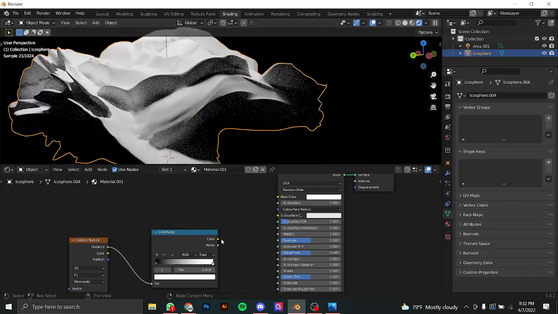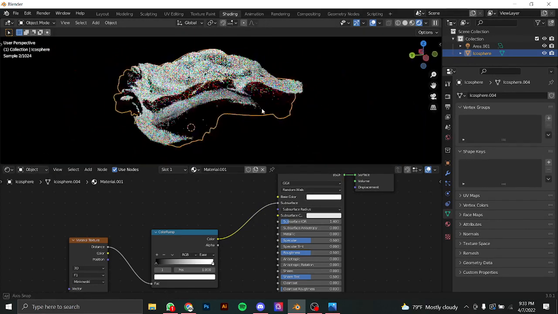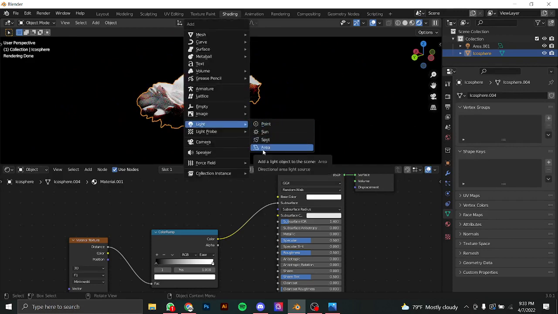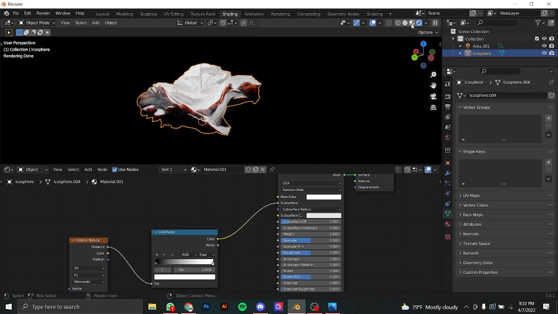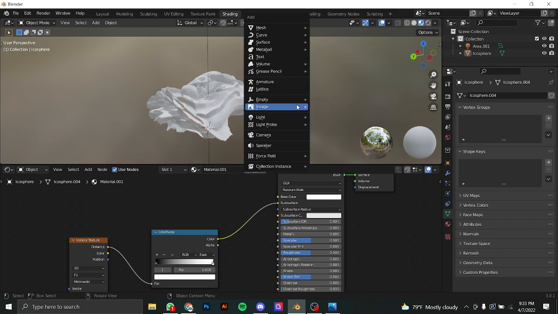Okay, so you said you have the light, Shift A, and then what else? You had Shift A, you had the area light. Okay, you're here in the top, right? You go Shift A, and you go on light, area light,